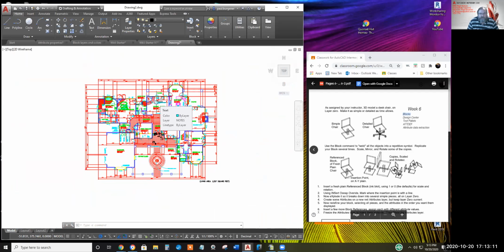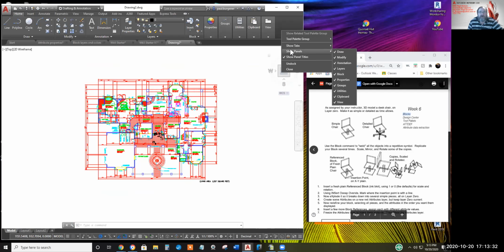But I question whether it's worth the time for a single-person operation. Anyway, AutoCAD comes with some palettes that are kind of like samples. And one of them has got a ton of blocks. And now that I think of it, it's got some dynamic blocks. I want to show